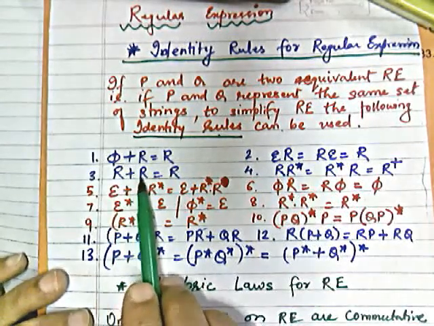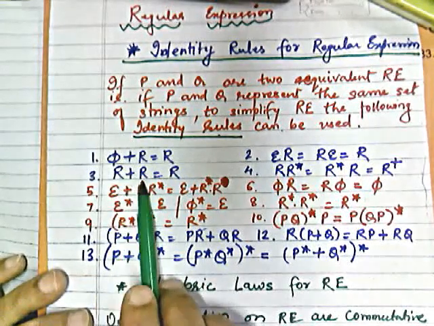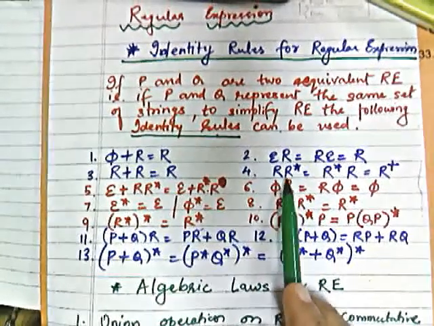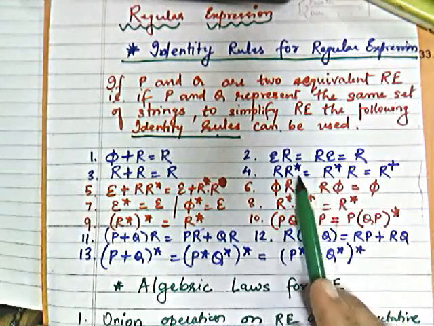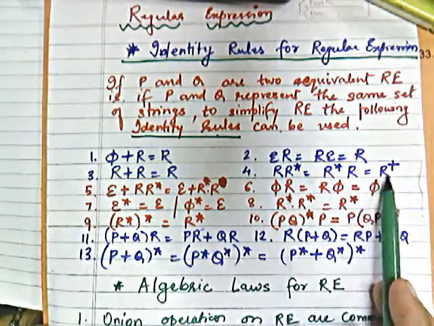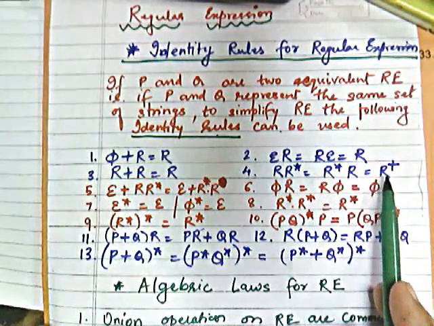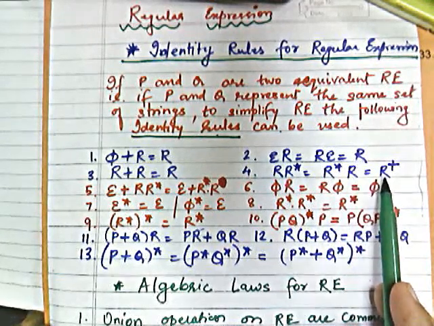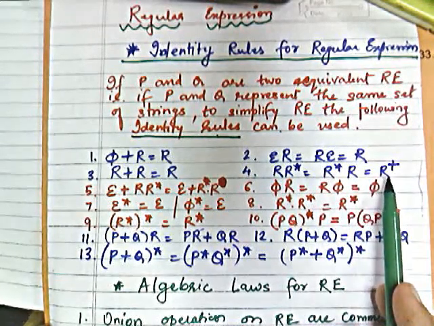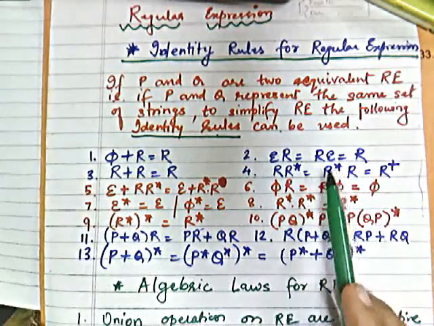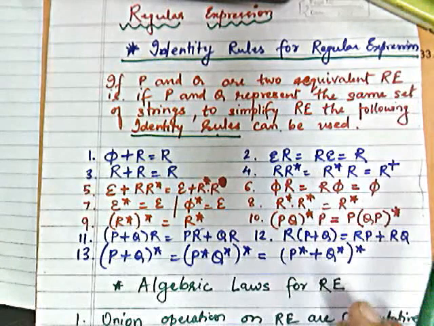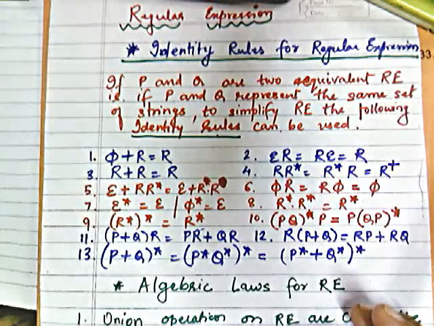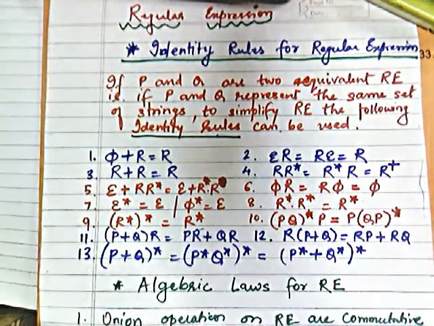Similarly, if you are having alternation for the same regular expression, then you can have R. Similarly, R dot R star is equivalent to R star dot R, which is equal to R plus. We have already seen this A dot A star or A star dot A. That is nothing but R plus, which is one or more occurrences, where star represents zero or more occurrences. Are you listening to me?